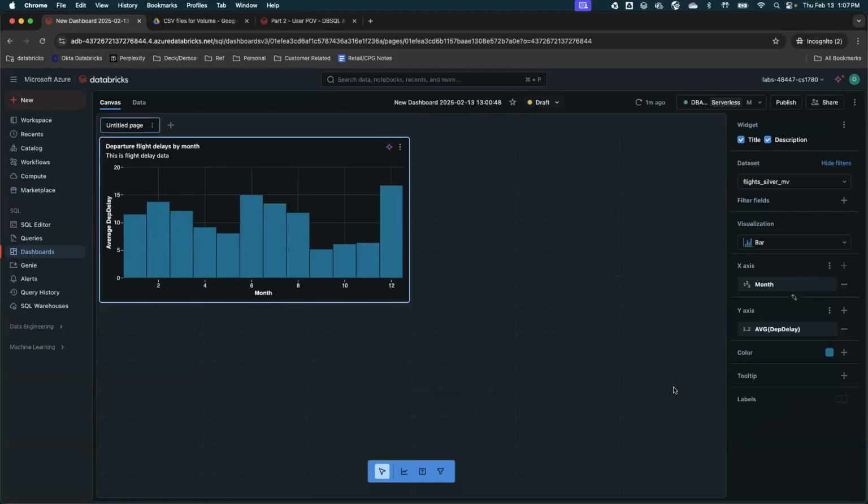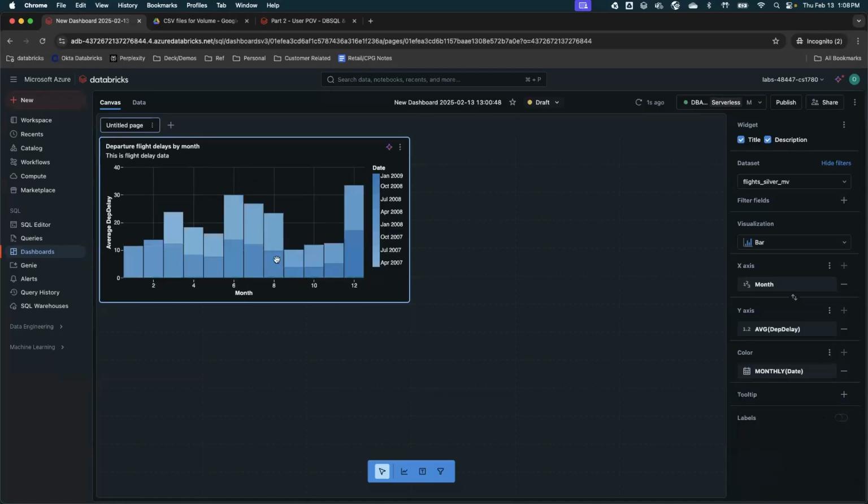Another thing I can do is I can add group by, so I can click on colors. And let's say if I want to know what the metrics are, I can select date, right? And based on date, it will group when my specific data was loaded here, and based on the month, it is able to tell me, for each month, this is how your data is coming in. So you can select a different color you want.